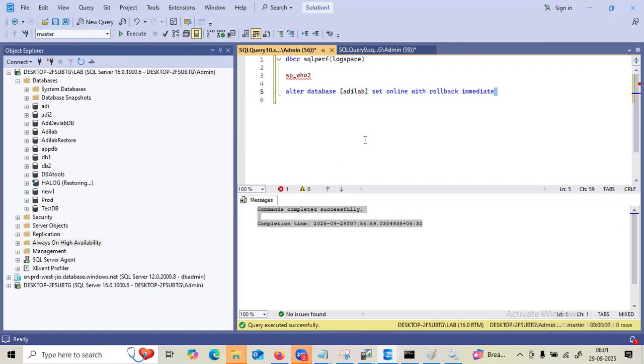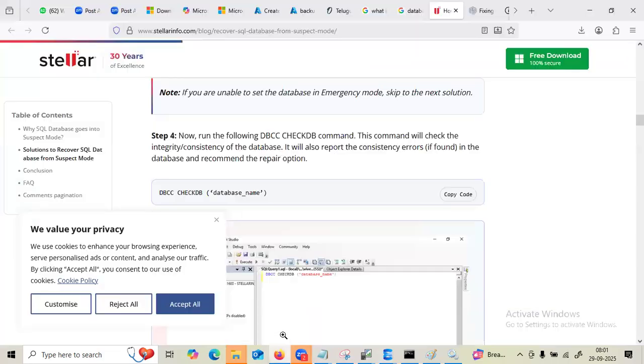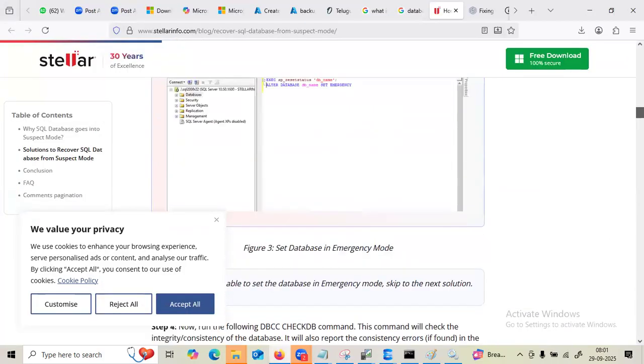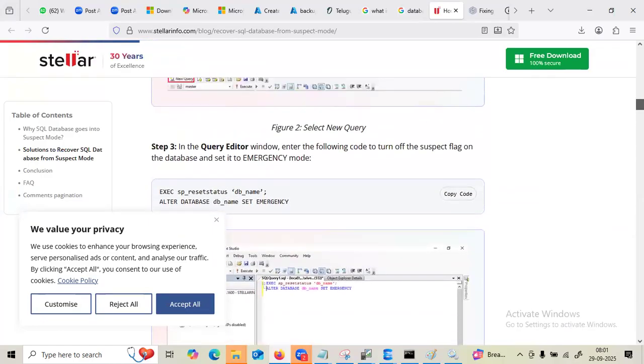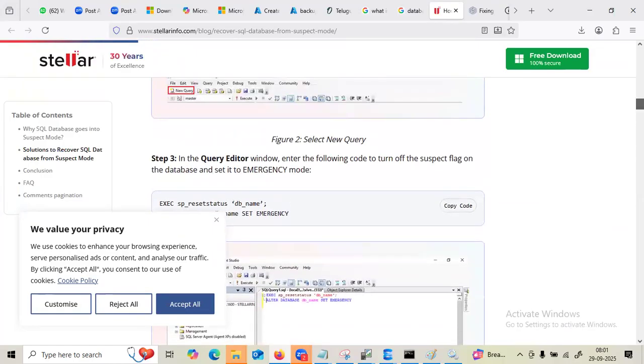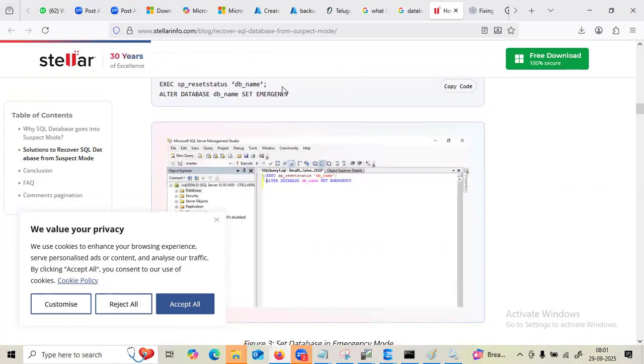We have to go for the traditional method. In the traditional method, the first step is to try to reset the suspect flag. Let me go through the steps. What are they telling? EXEC sp_resetstatus. Before that,